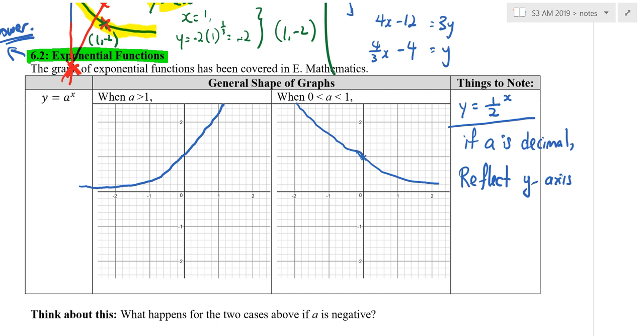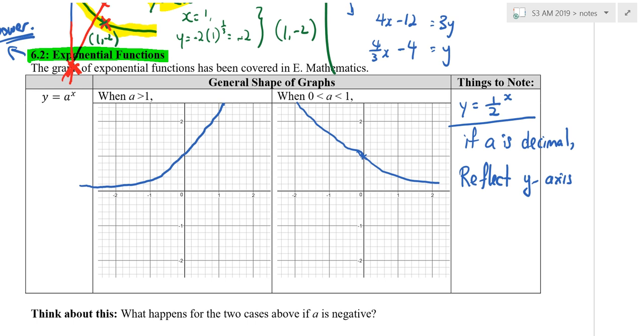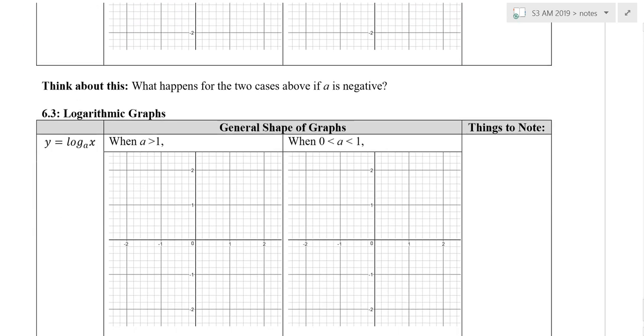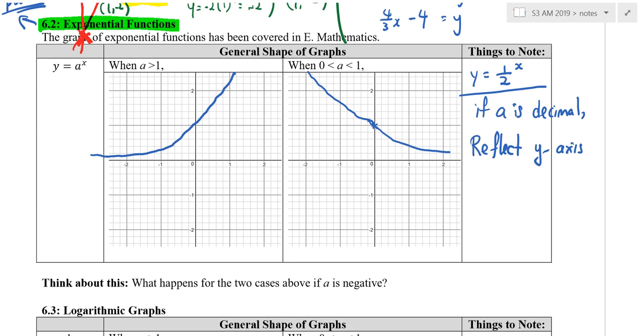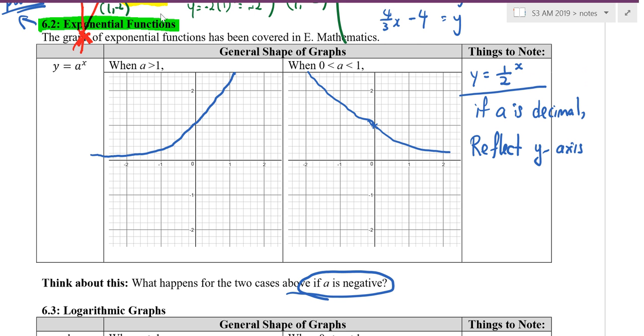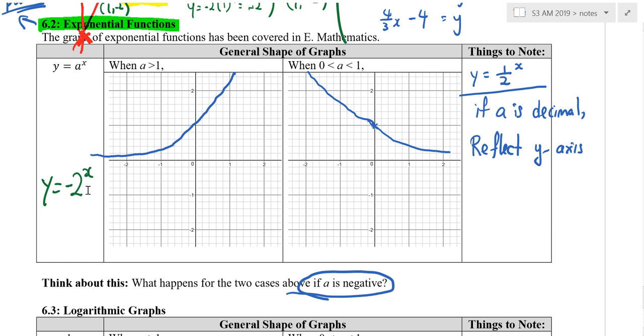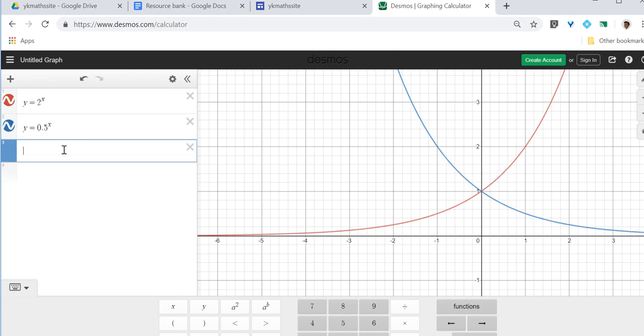Well, now the challenge comes. Do you want to answer this? What happens if A is negative? Shall we try? Yeah, the x is positive. So what happens when, can you try now? Y equals to minus 2 to the power of x. Can you try? The green line. I don't know, I have to call out the decimals and check again. Y equals to negative 2 to the power of